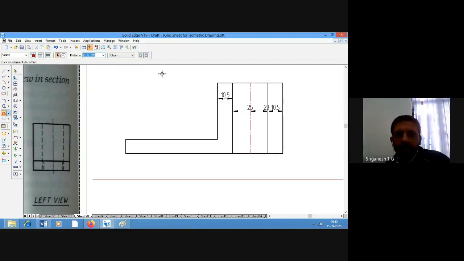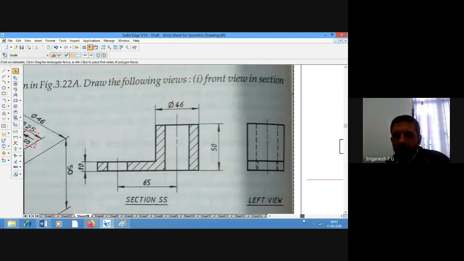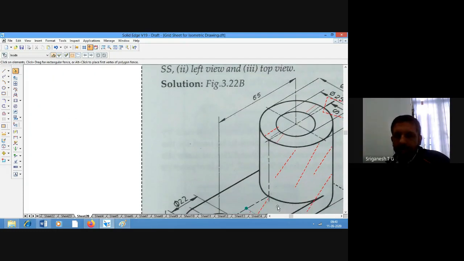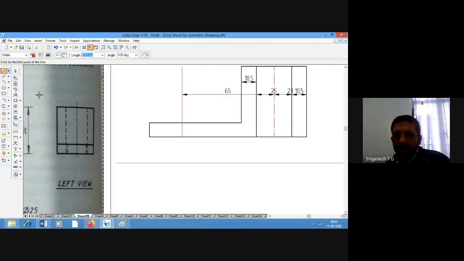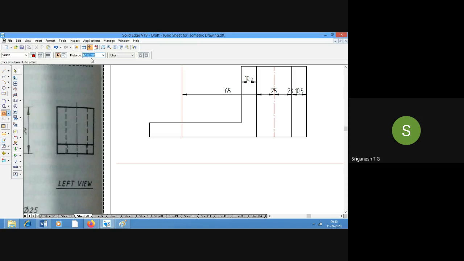Correct, so offset this line 65. This is a little bit longer process. What's the diameter of this circle? 22. So that means 11 on each side. Offset.